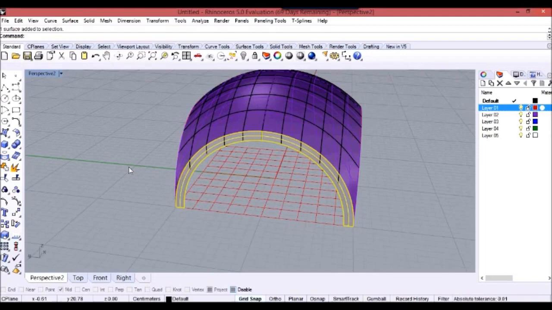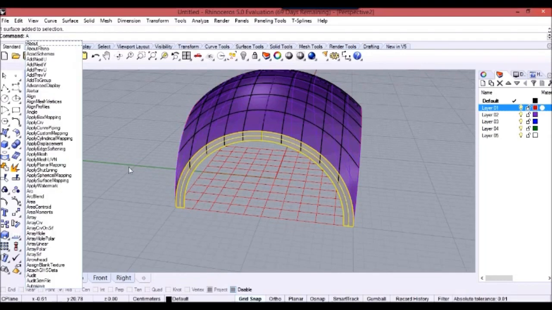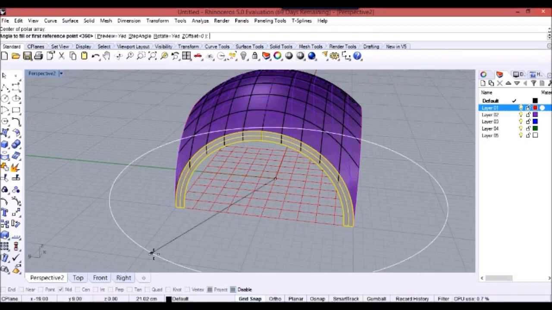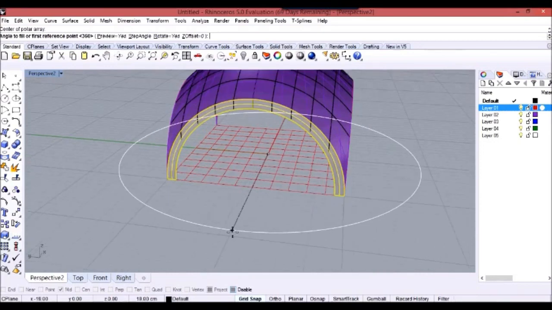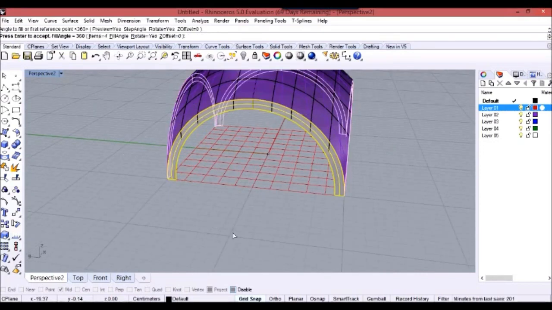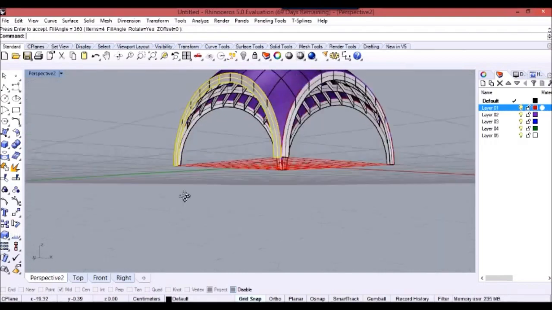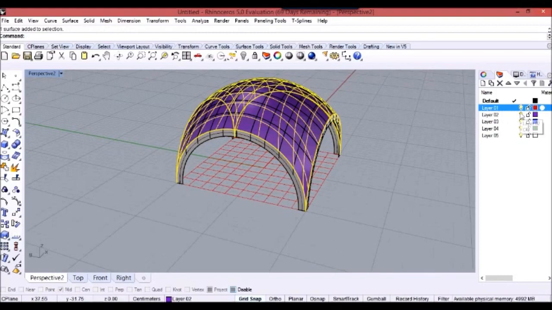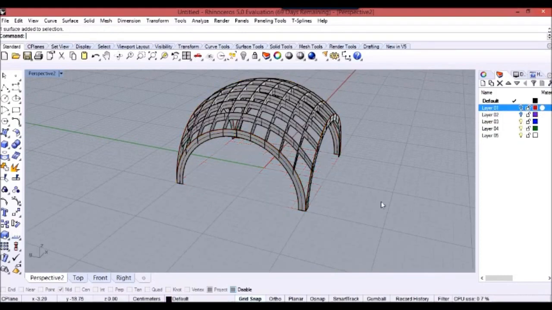and we're going to copy this surface on all the 4 sides by doing polar array again. This time I'm going to write array polar, and we'll pick the center of the grid. Number of copies 4, yes, and angle to fill is 360 degrees. So I'll just press enter. I'll get 4 frames. So I'm going to hide this surface now, and also the curves,